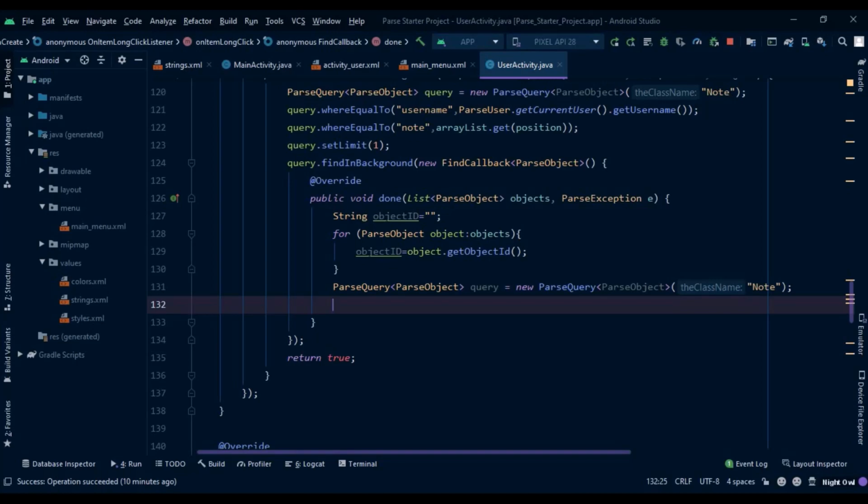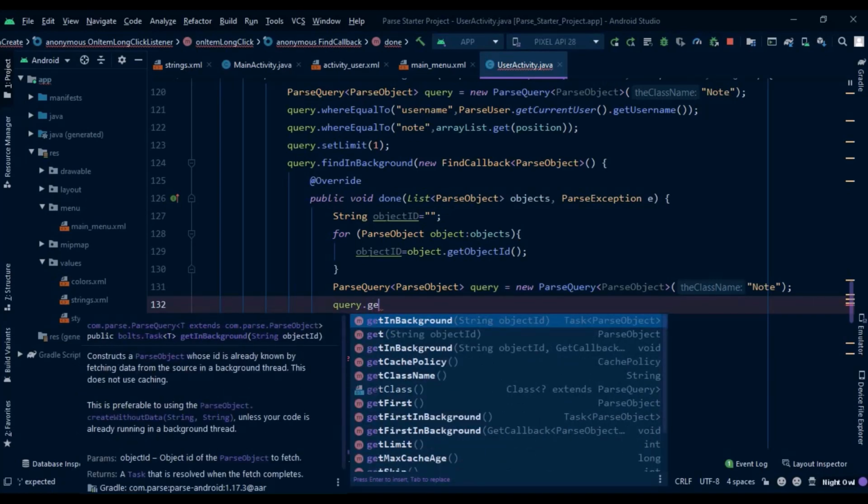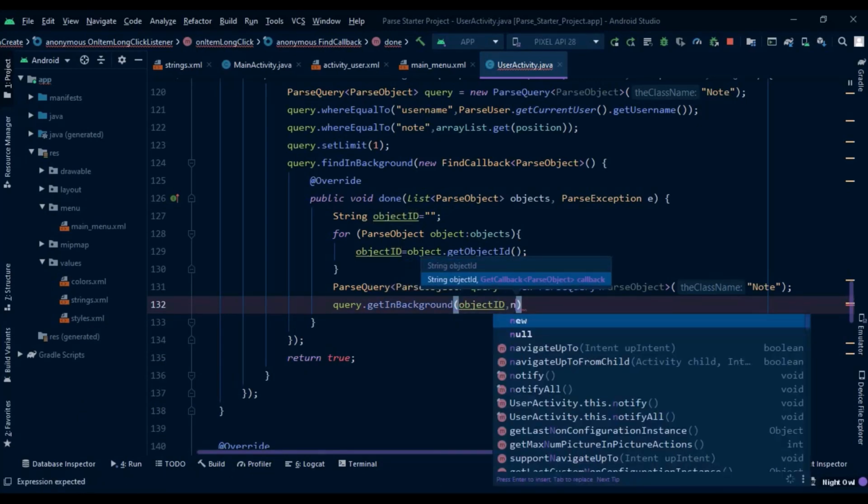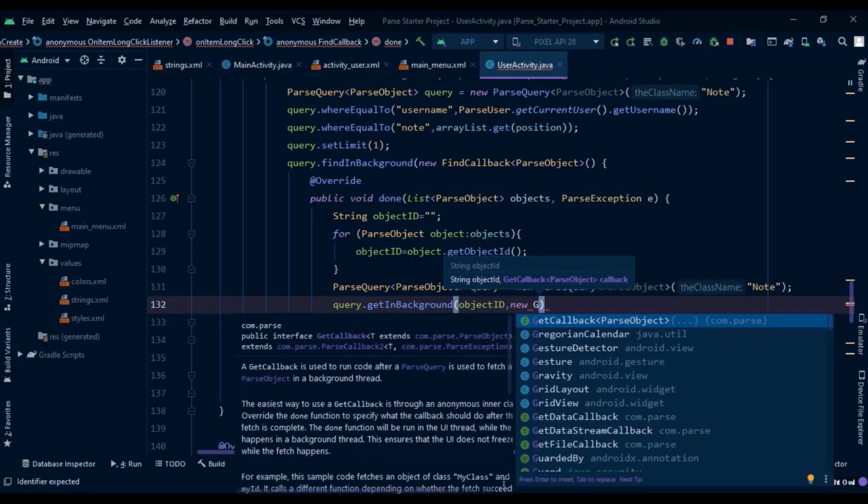And now we are going to query using our object ID. We write query dot getInBackground. We pass the object ID, new GetCallback,